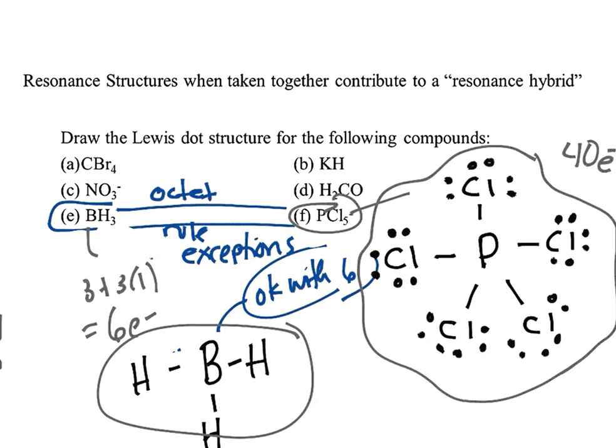But what you might notice is that phosphorus has more than an octet. Each of the chlorines has 8, but phosphorus has 10. And so it's possible for some elements to expand their octet. It has more than an octet, and that is okay